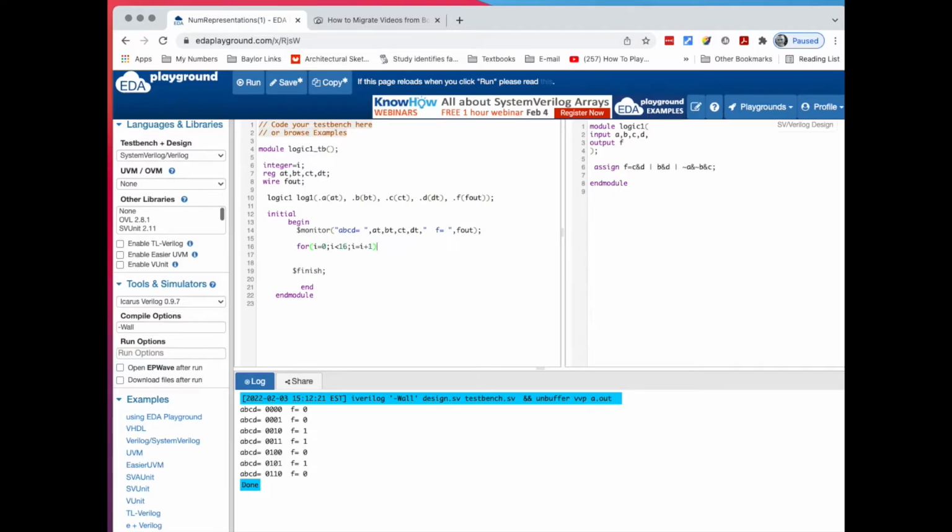Next, it's tempting to put a semicolon, but you don't want to put the semicolon. That would generate a syntax error. But if you use more than one line, you do want to put a begin and an end. I could have done this all in one line, but let's use the begin and the end, and let's